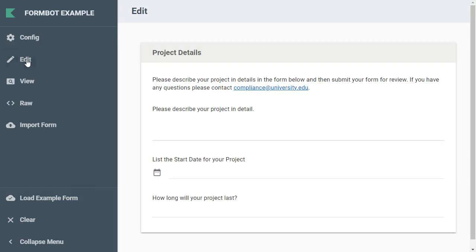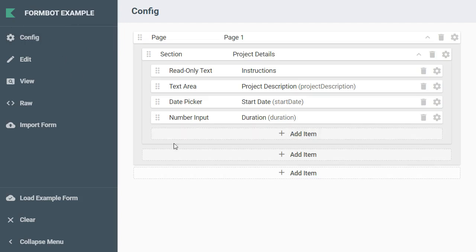And if we go down to edit, we can see we have a short instruction gadget at the top and then a few fields here. First, we're asking for a description of the details of our project and then the start date and how long the project will last. The first thing that I want to demonstrate is how to reorganize gadgets in the Form